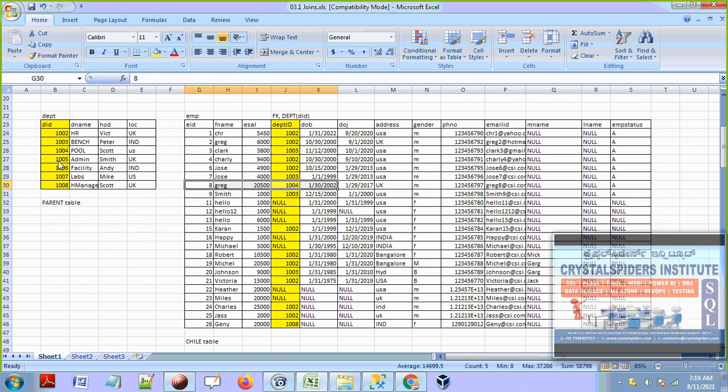That's it. And 1005, 1006 and 1007, these 3 departments are not having any employees because 1005, 1006 and 1007 are not there. So these 3 records are not matched with any of these employees. So these 3 are not going to join with any of these records. Not going to join, guys, because there are no matches. 1005, 1006, 1007, these 3 departments are not having any matches here. And 1008, only 1 employee is matching, that is Ginny. So this record, H-Manage, the department, will join with Ginny.